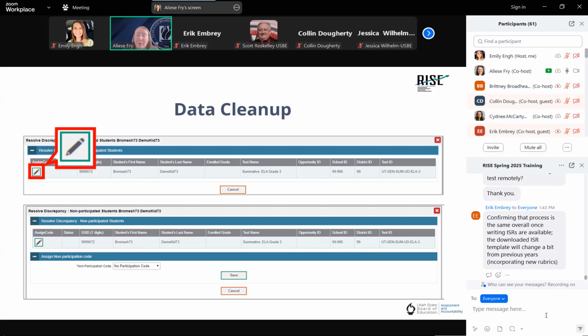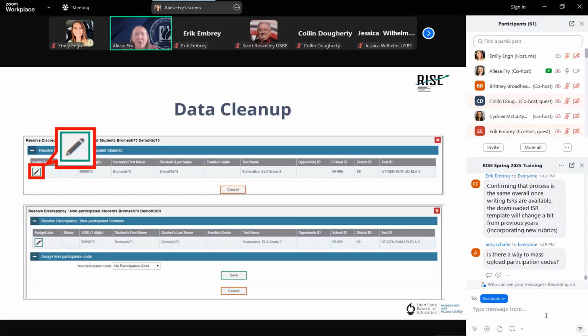As a reminder, you should be entering participation codes for students throughout your testing window rather than waiting until after testing to clean up all of the data for students at once, okay? LEA level users should talk to school administrators and teachers about this process and set up some communication channels for this information to be relayed in a more efficient fashion. So if you're waiting until after testing though to clean up the testing data, again, use that discrepancy resolution report in the data cleanup section